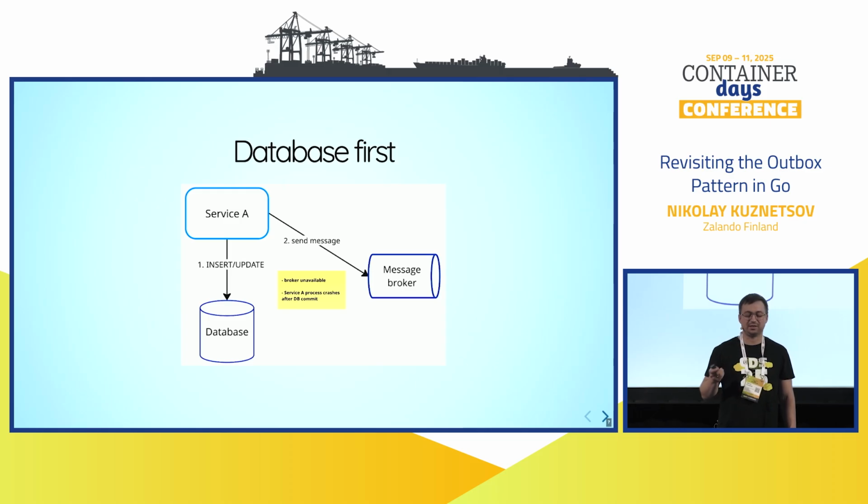So we cannot send the message to the message broker, but the order is already stored in the database. Another potential failure scenario is that our service pod would crash after the database transaction happened, but the message wasn't sent. So we end up in an inconsistent state, and the customer never gets confirmation of the order,